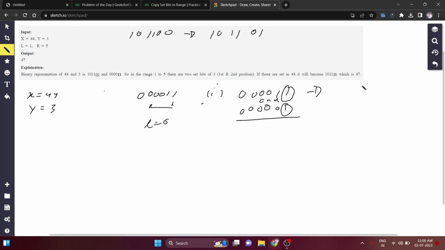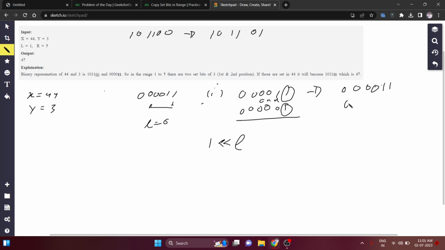In the next step, we have a binary like this. Now we have to check the next bit, which is 1. How can we do that? We shift our bits backward, and we update our L every time.